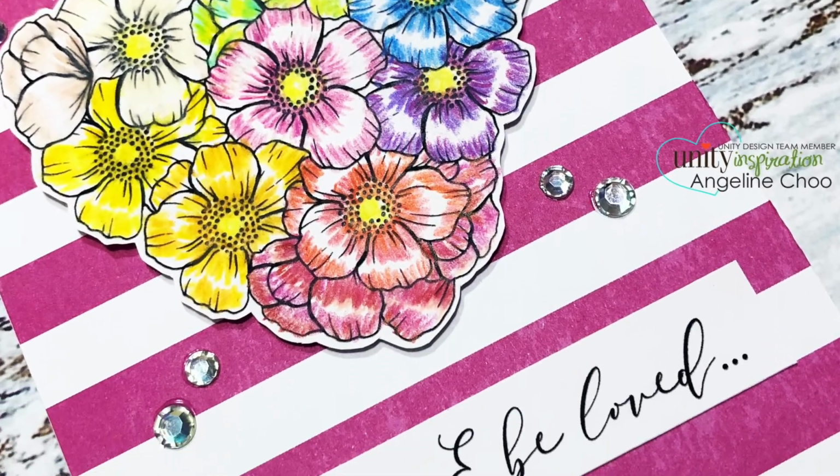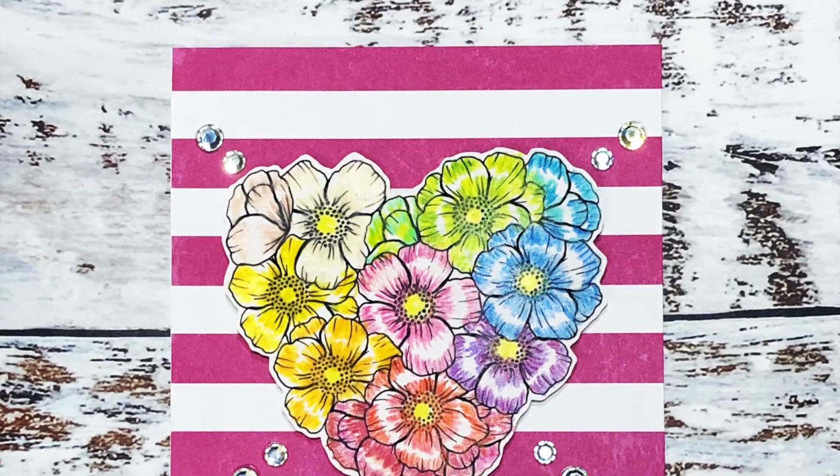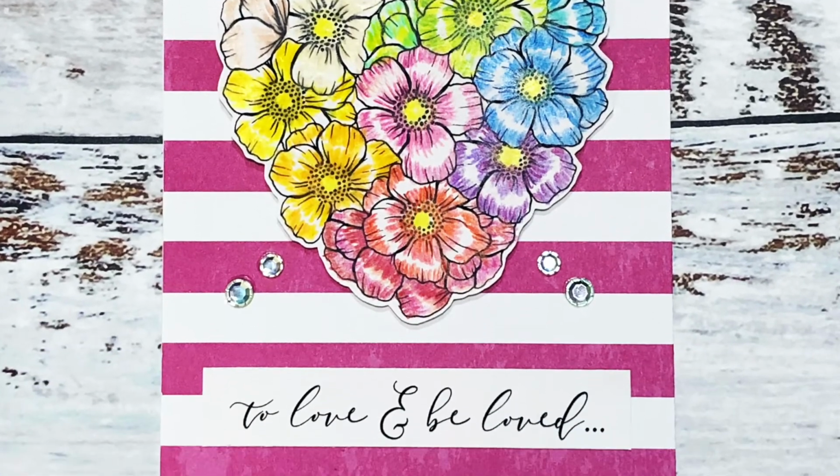Here is my finished card. I also added some bling to my card, and I hope you enjoyed this quick tip technique, and thanks for